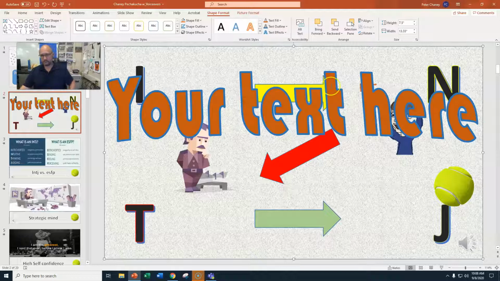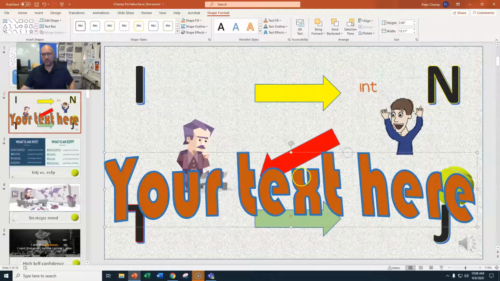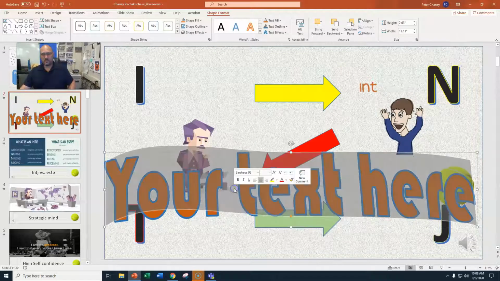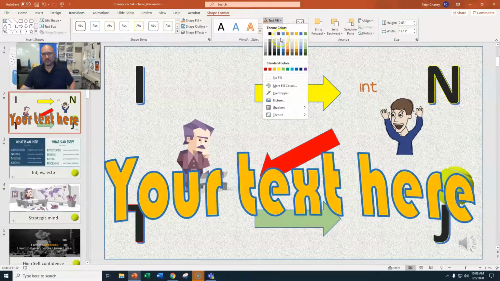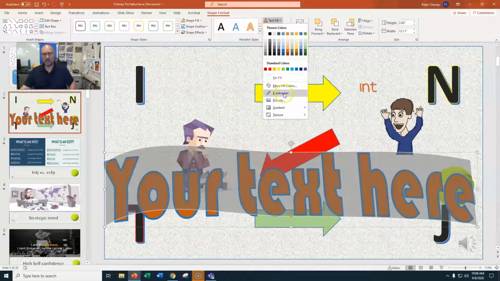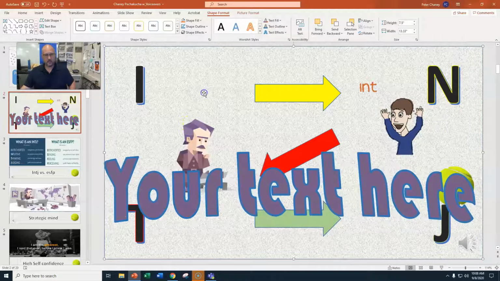Now let's say that on this word art you wanted to match maybe the fill with something that's already on your slide. So I could do this, and instead of picking a color right here, I could do the eyedropper, and maybe I want to match it to this guy's hair, and now I've got purple and blue. Okay, last thing,